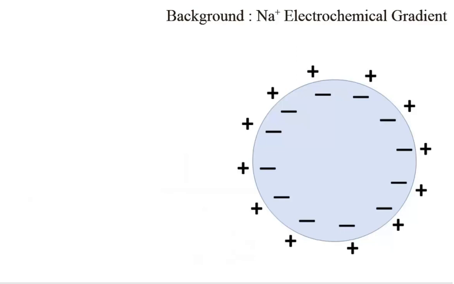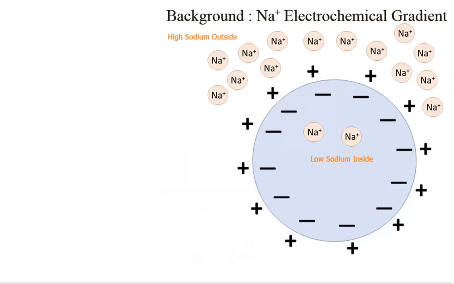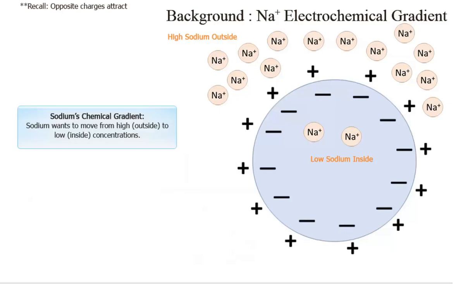As you learned earlier this semester, the concentration of sodium is high on the outside of the cell and low on the inside of the cell. Sodium is also a positively charged ion. So if we first consider sodium's chemical gradient, that is where it is in high concentration and where it is in low concentration,